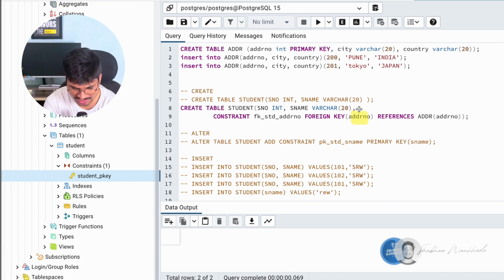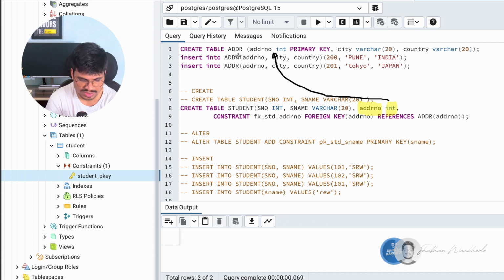Okay, let's just create this. Here you can see we have an ADDR-NO. We want to associate this column to the ADDR-NO column of this address table. For that, I use this constraint. I am using a different constraint line over here. I am providing the address foreign key constraint name and the constraint which I want to apply, which is the foreign key, on the column from my student table, which is going to be associated to the address table.